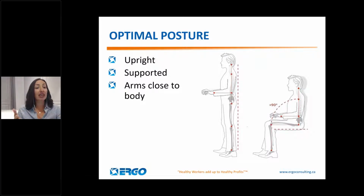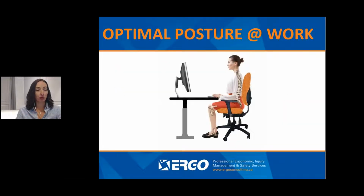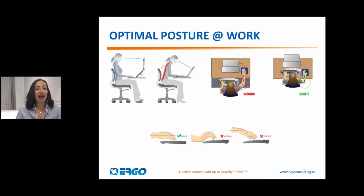So how do we get into these postures when we're at work? You'll see a similarity. This woman sitting in the chair is in the same posture that we just saw in that kind of ideal posture. So when we talk about work, we're going to be looking at, how do we avoid things like bending